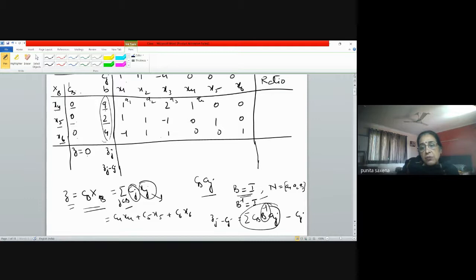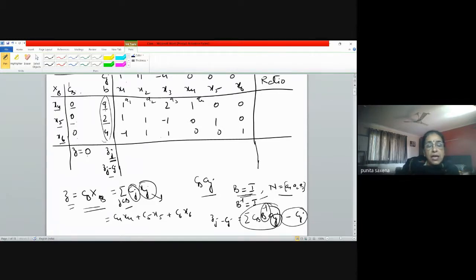But then we'll compute this for all j's, whether they belong to the set of basic or the set of non-basic variables. So that's why I said I will subtract Cj later on. We can compute our Zj's first and then compute our Zj minus Cj's. So basically your Zj's are going to be nothing but CB Aj's. And what is CB? The first column here.